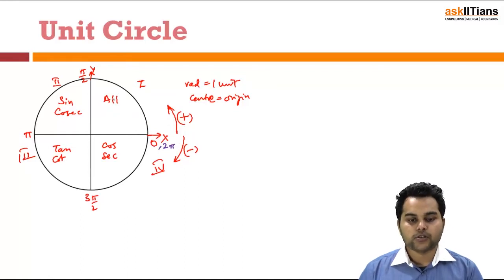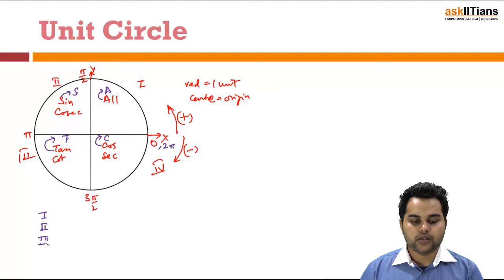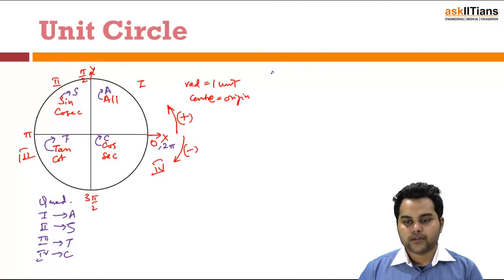So if all are positive, how can I remember this? This can be termed as A for all, S for sine, T for tan, and C for cos. So, all students to class, if I write them as first, second, third and fourth, these being quadrants, I can have all students to class. So these are positive in these corresponding quadrants. Now what does positive and negative mean? Let's say I have sine of 3 pi by 2 minus theta.